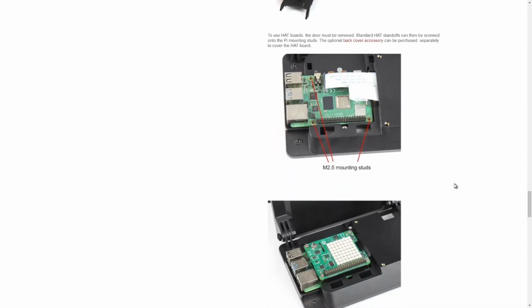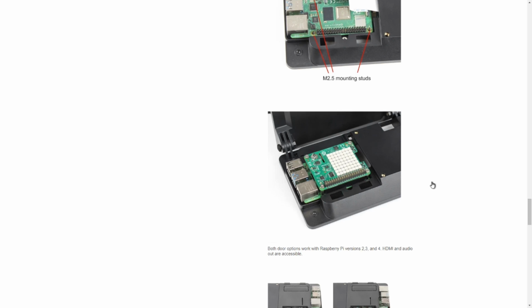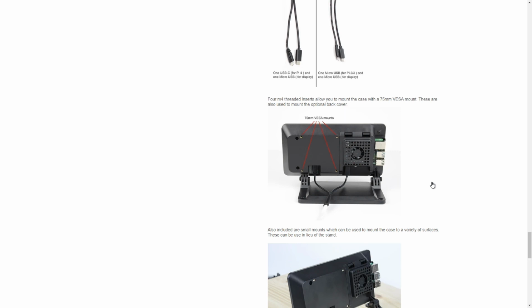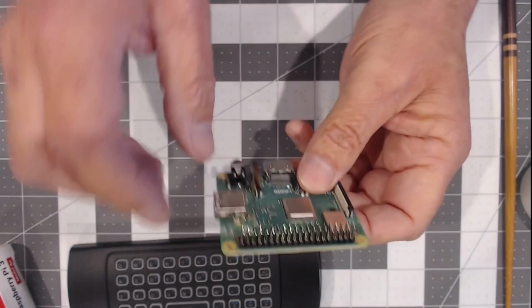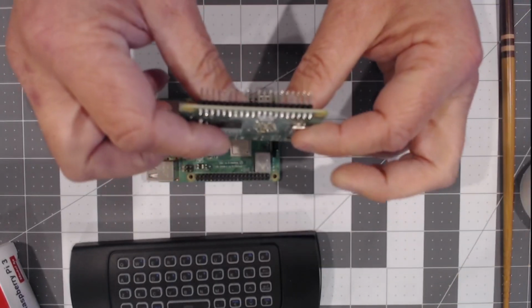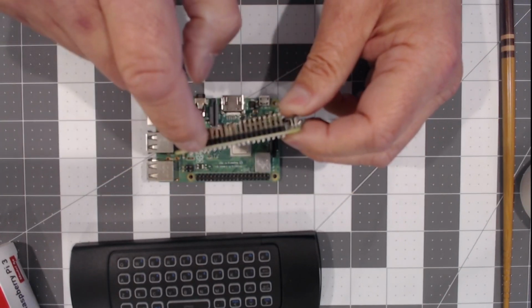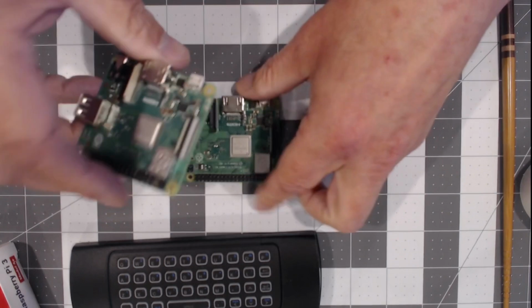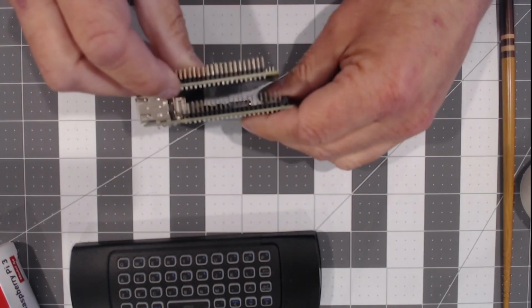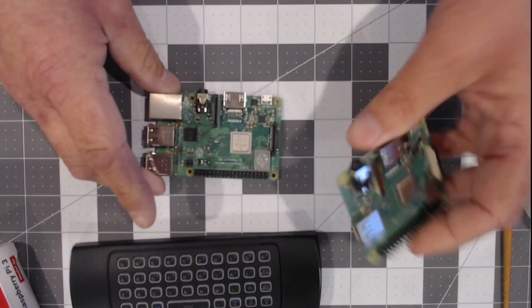The other option is if you expand your Raspberry Pi and you decide to use a hat of some type. Hats are expansion modules that plug directly into the GPIO pins. As I switch over to my camera here, hats plug directly in here. So you could say that this is your Raspberry Pi and this is, we'll say, an audio hat, although it's not. The audio hat has a female header on the back of it, and it would simply plug in to the Raspberry Pi, and those are hats because they go on it like a hat,